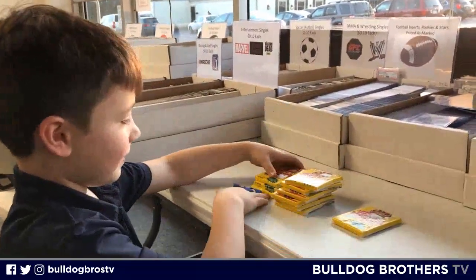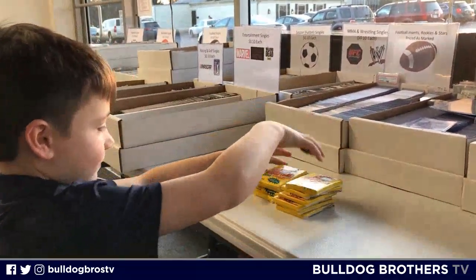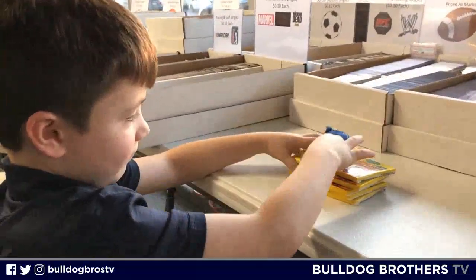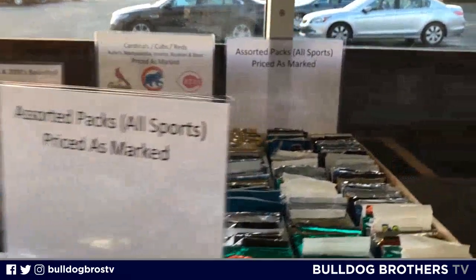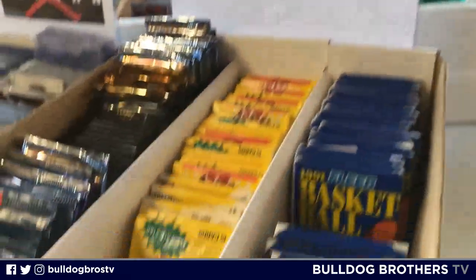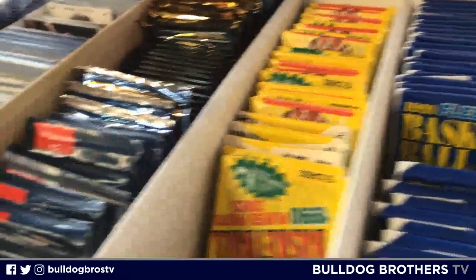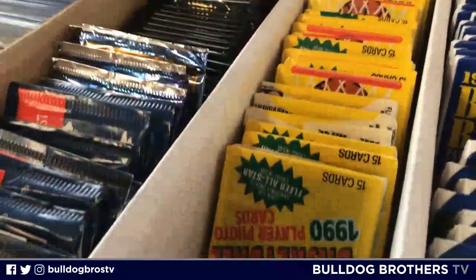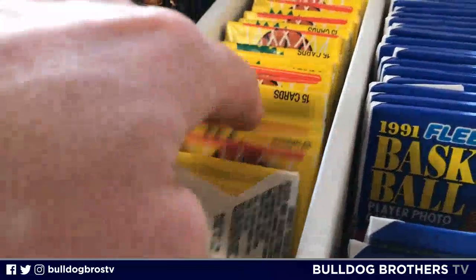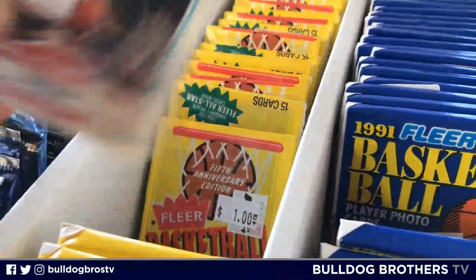We got Master Everett here, posted up at Indy Card Exchange. Going to do another vintage basketball card pack busting. We've rated the vintage packs. Last week it was 1991 Fleer basketball. We just went an aisle over into the 1990 Fleer basketball here, and really what we're looking for is this